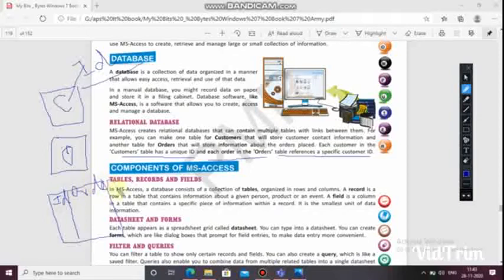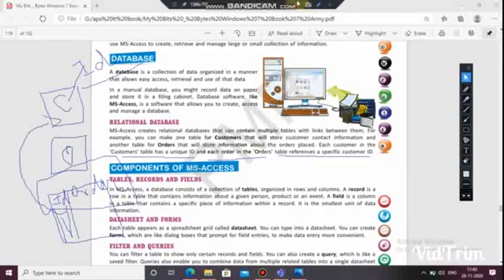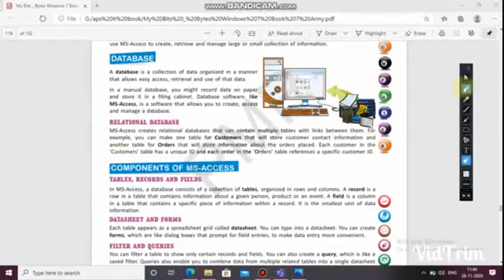So this ID is in which table? This ID is in the customer table. So customer ID is given over here, so this table relates to the orders table. So this is the option which is given by Access for the relational database. So this is the method: two tables are linked with each other. I hope you have got the idea about relational databases.